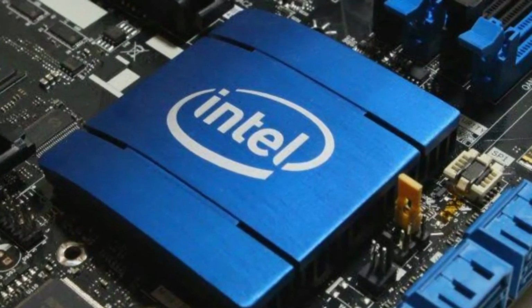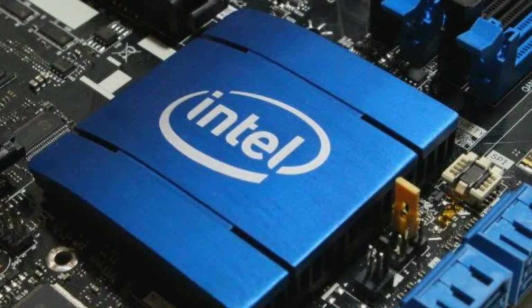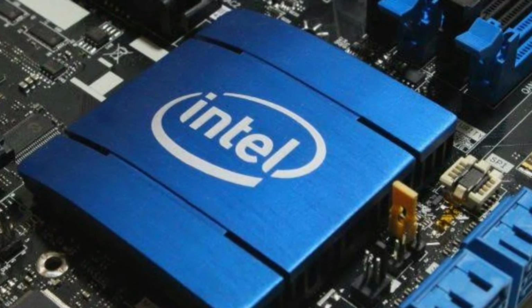The latest flaw, according to Mark Ermilov, lead specialist of OS and hardware security at Positive Technologies, strikes at the heart of